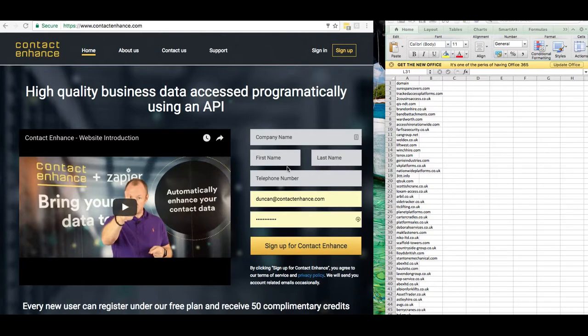As you can see on the right hand side of my screen, we've got a list of domains with the column header domain. And then we've just got normal domains. There's no http:// and there's no www. Once I've got that, I've saved that as a .csv onto my machine with no spaces